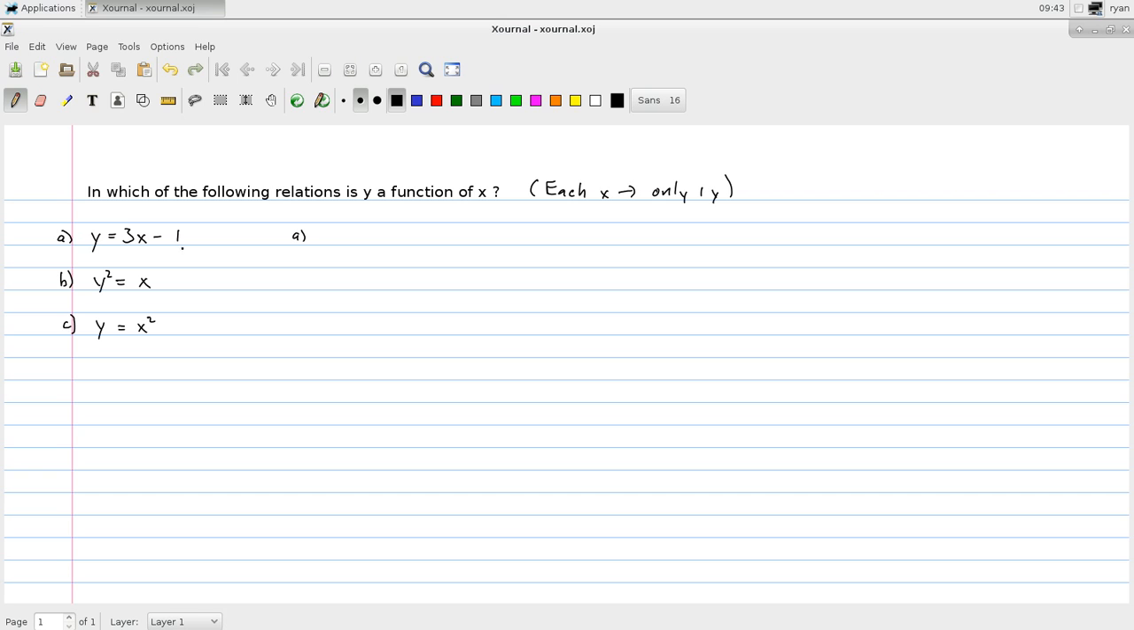So we could try some specific numbers for x. Maybe try x equals 1 just to get an idea. This tells us that y is equal to 3 times 1 minus 1, which is 3 minus 1, or 2. So this particular x value gives us only one y value, but it doesn't show that every x value only